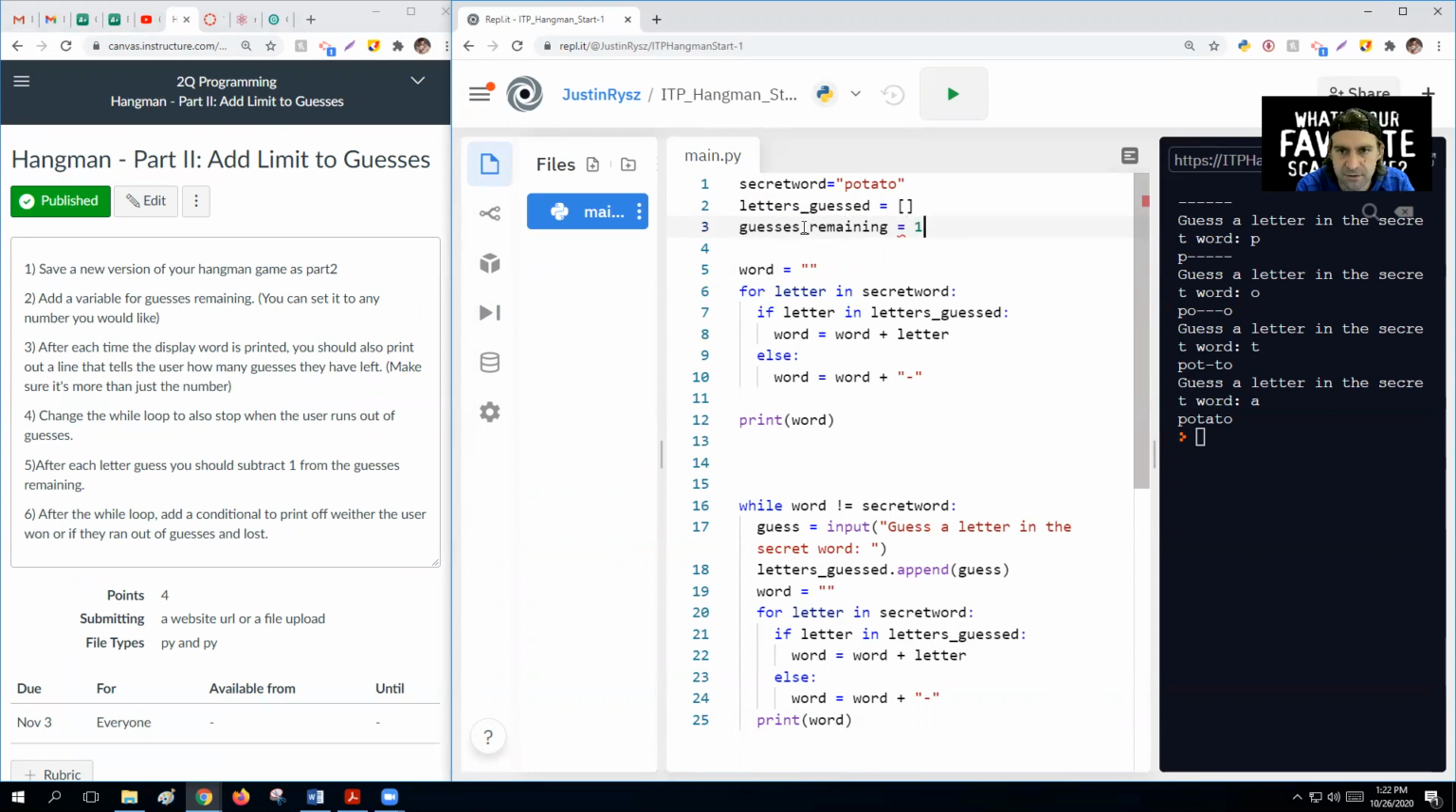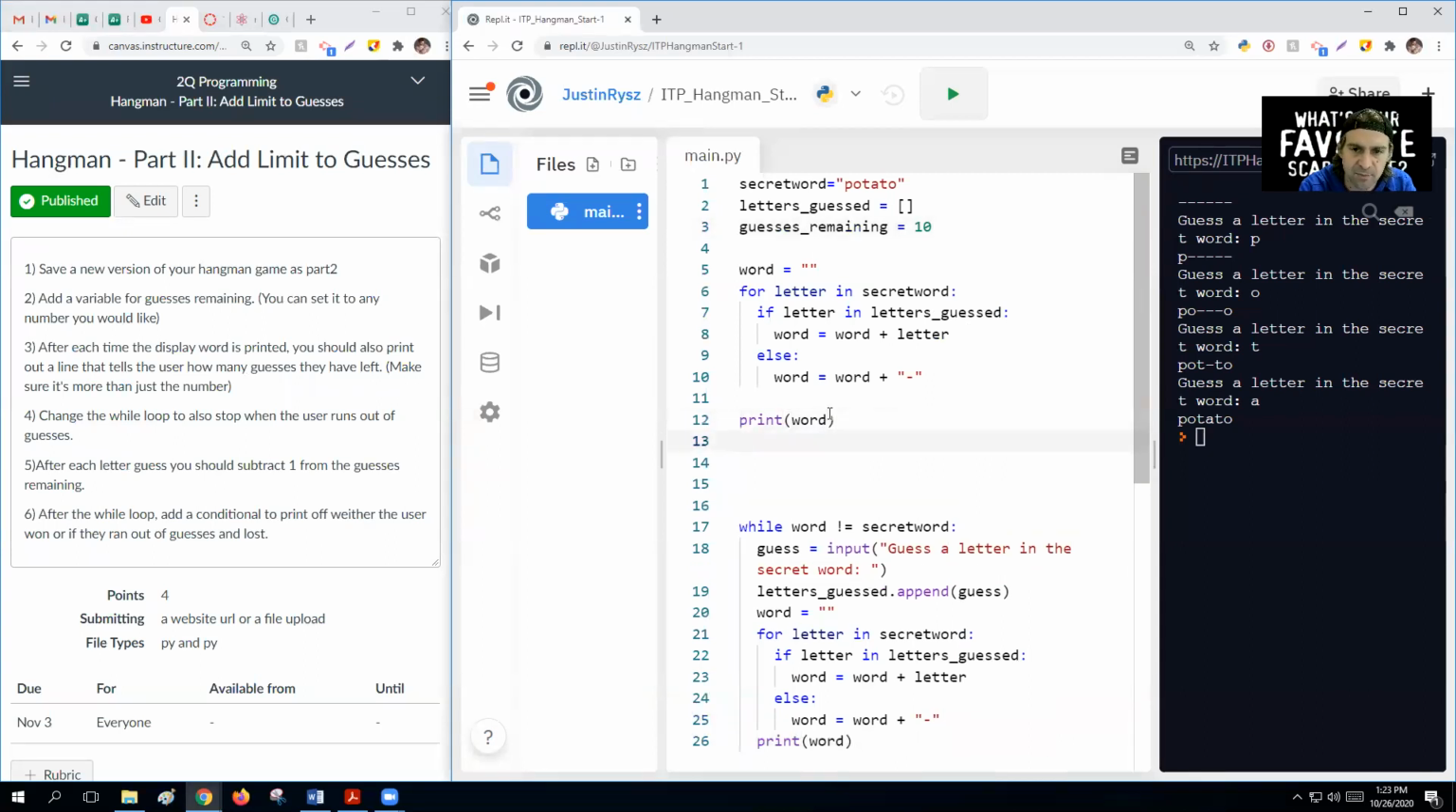I'm going to make it equal to 10. Now, each time the display word is printed, you should also print out a line that tells the user how many guesses they have left. Make sure it's more than just the number. Okay, so maybe right here we had the display word print. I'm going to put after that, I'm going to say print